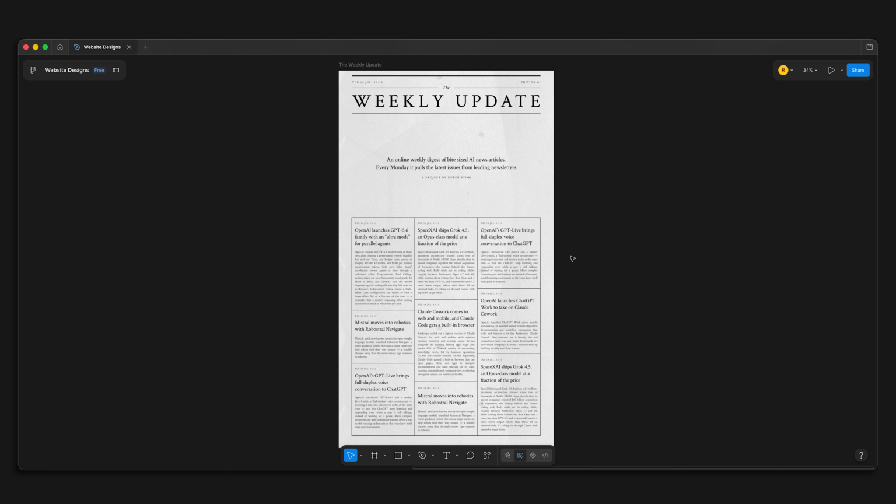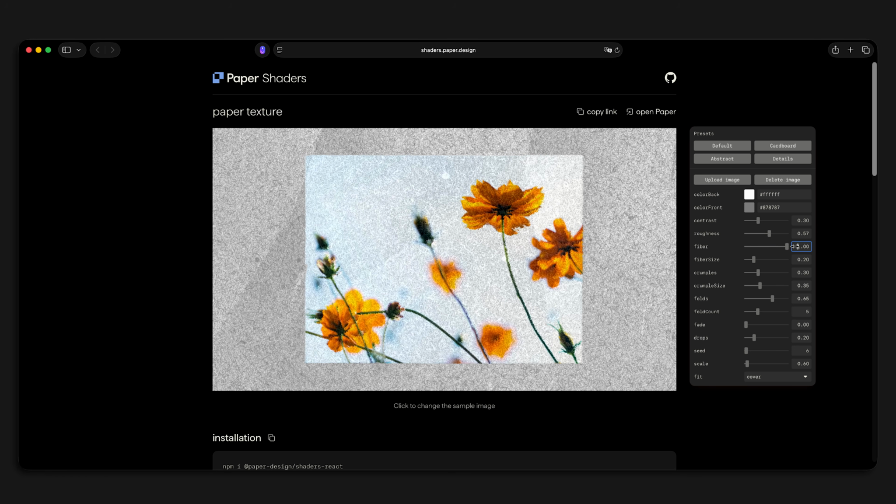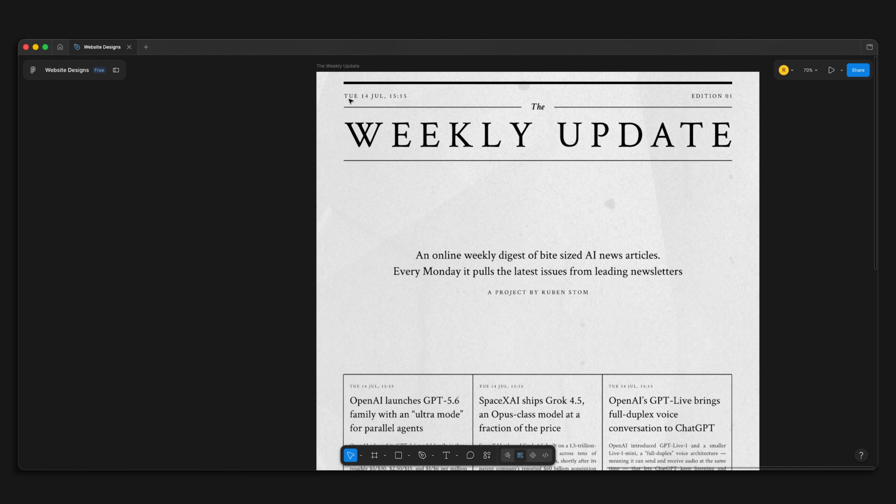I went online searching for paper textures and I found this paper texture shader that was free to use, and it was actually perfect for what I wanted. With it you can create the exact textures that you want, and I wanted mine to be very subtle but still noticeable. Now for the layout itself, here at the top left I have the date, and I wanted this